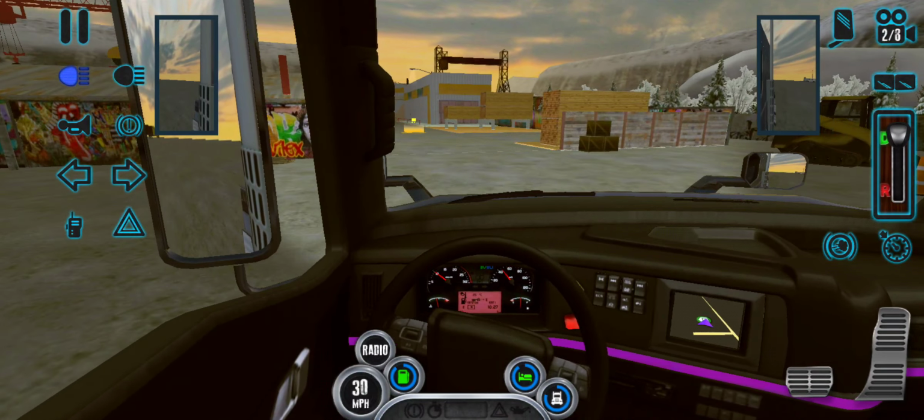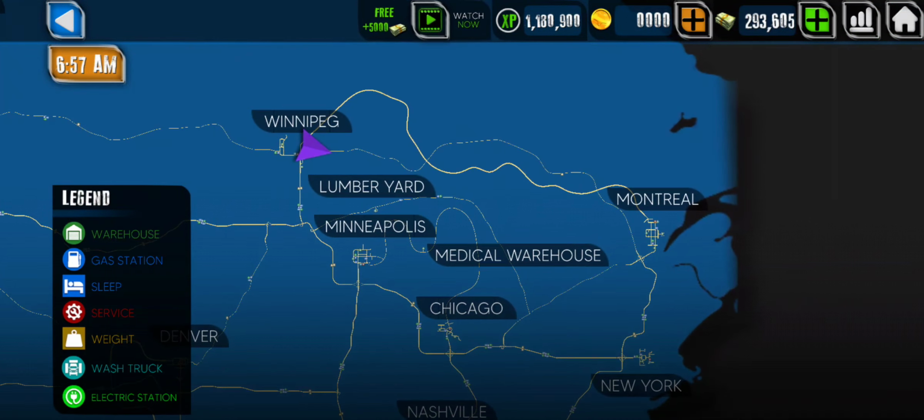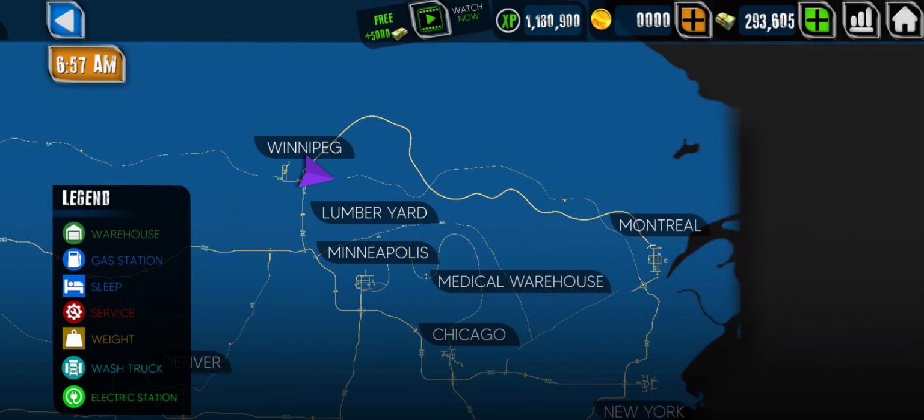Now all of these I'll be starting from this same warehouse. When I go to the map here, as you can see, there are only two roads that go in between Winnipeg and Montreal. One being this one, and then the other one being this one. But there is also another route you can technically do, which would be this,